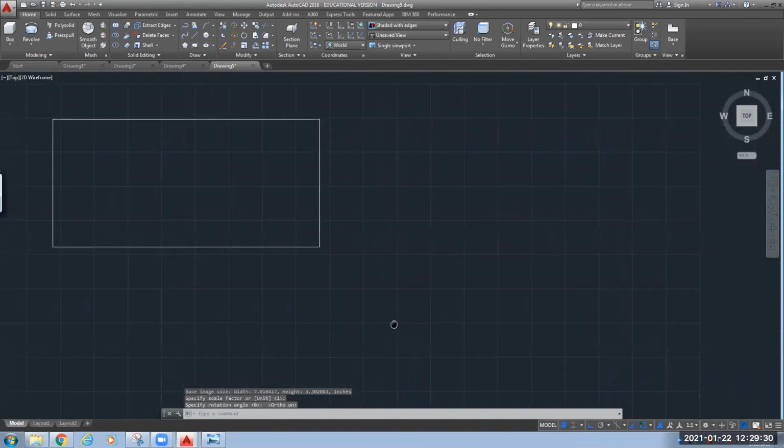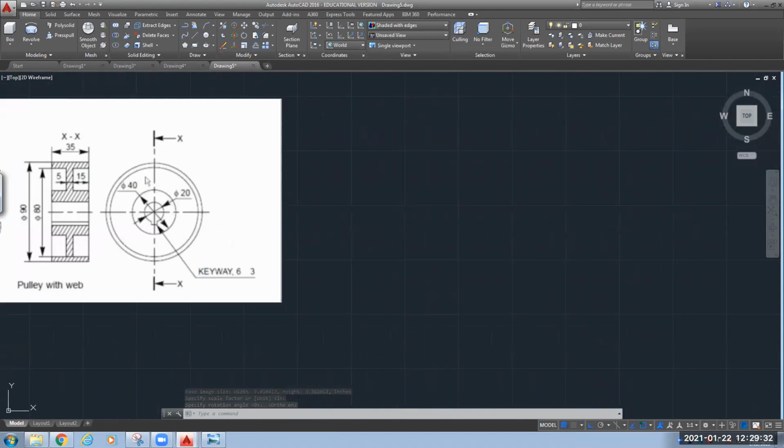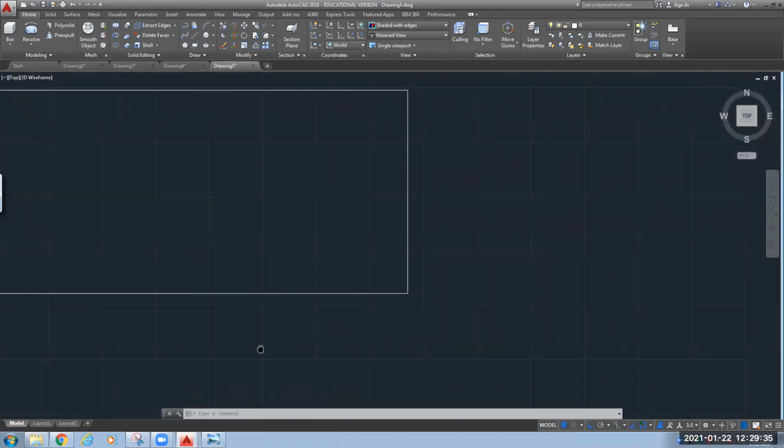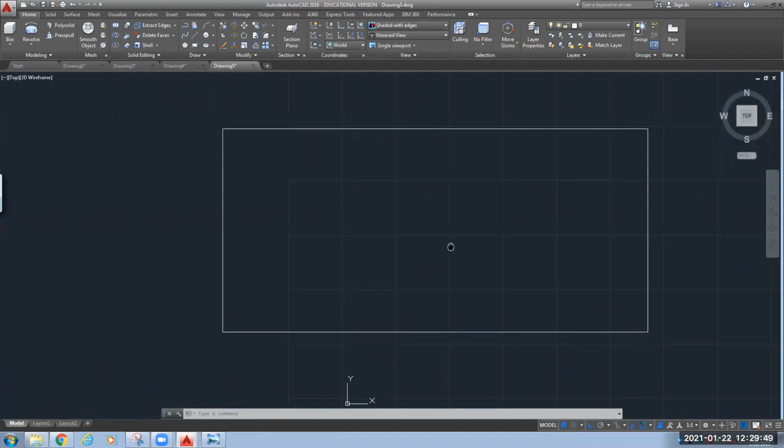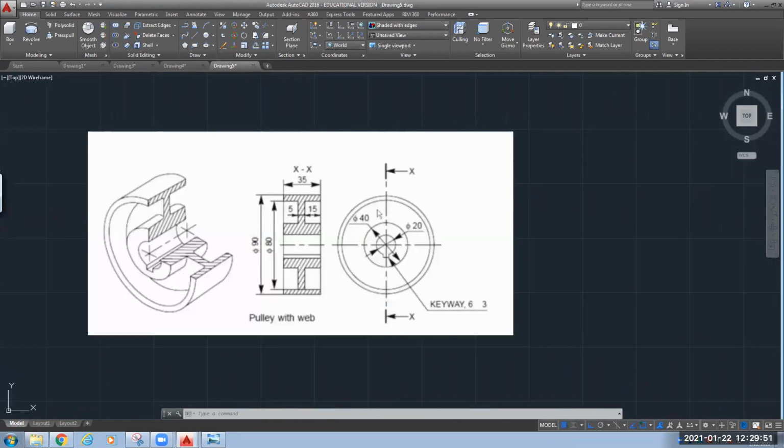Okay, so this is our drawing that we need to draw. So the dimensions we can see from here. Here the section view is given, your top view is given. And this is how it will look in 3D. So this geometry you can draw. Can you draw it? Anyone? Are you getting that confidence that we can draw this? You can draw this figure using the commands that you have learned till now.